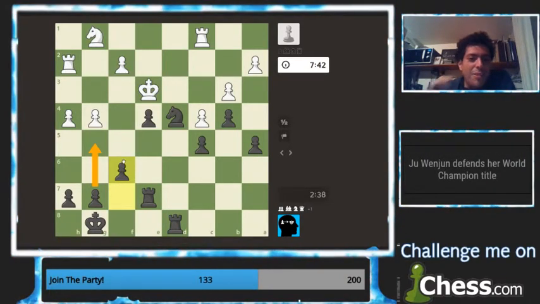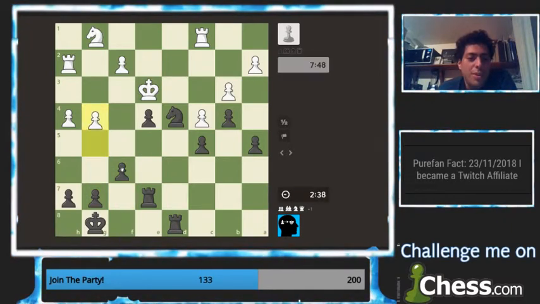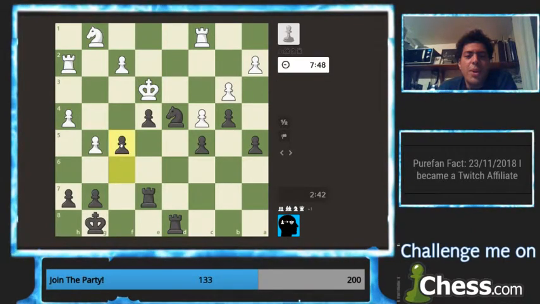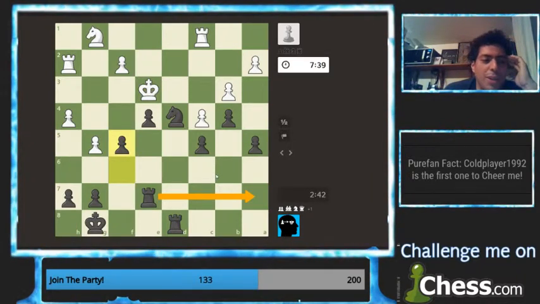Nah, it's still fine. They still have some issues to resolve. Okay. Now I actually can defend this pawn with another pawn, which means that my rook is free. Now I can pursue that activity on the...